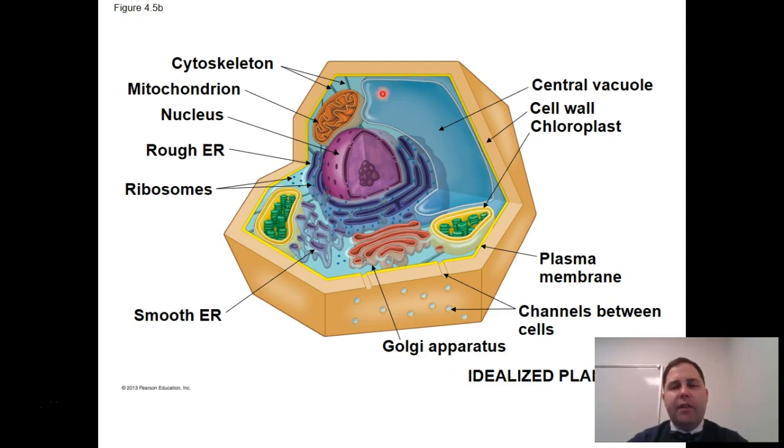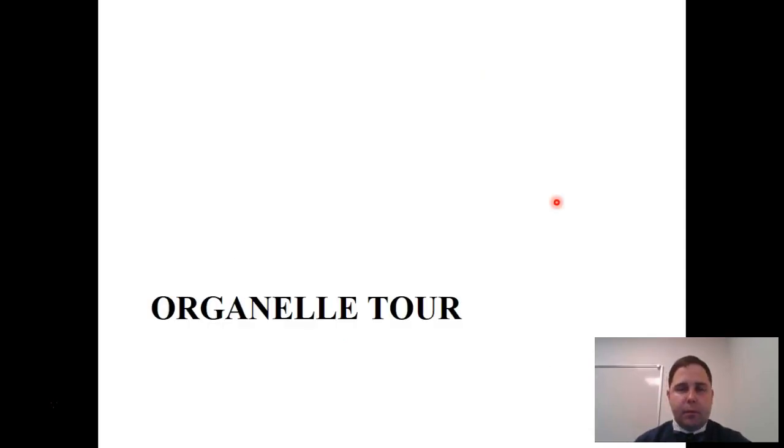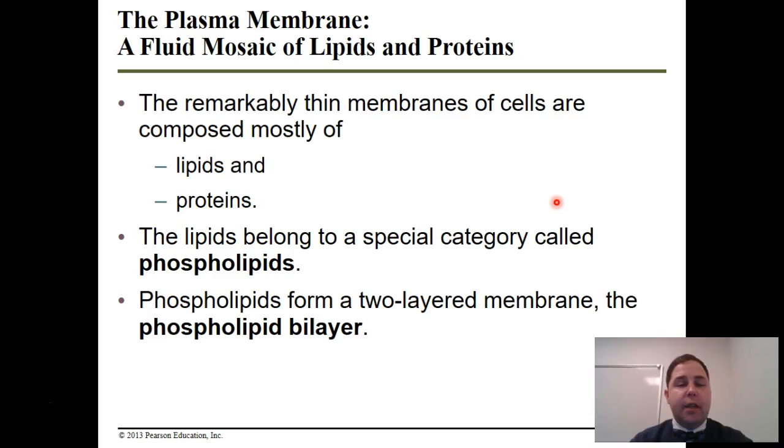Plant cells will also have a large central vacuole. So this is just a large membrane sac that can hold water for the plant. And if you think about it, a plant can't get up and walk to water. So it makes sense that evolutionarily it's adapted ways to store materials for later. So let's go on a tour of all these organelles. Let's talk about them in a little more depth. You should definitely be sure that you can identify the organelles on a picture of the cell. Make sure that you can look for some of those features and then know what their functions are.